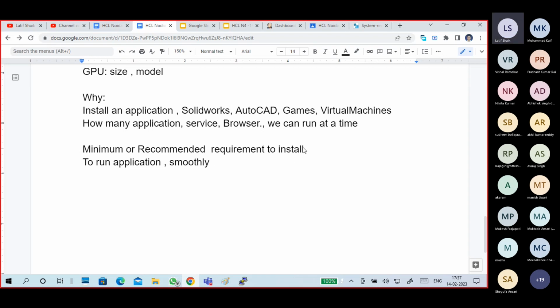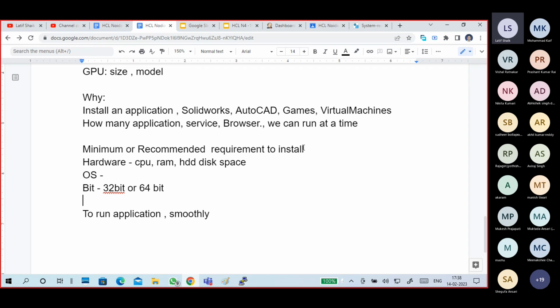So hardware requirements, what are they? Hardware related, like CPU, RAM, hard disk space, how much space is required to install, operating system compatibility, and bit compatibility, 32-bit or 64-bit. You have to check it.